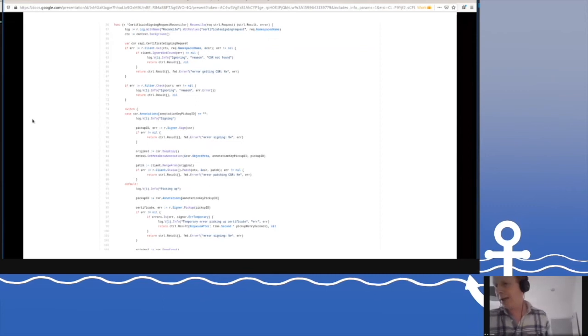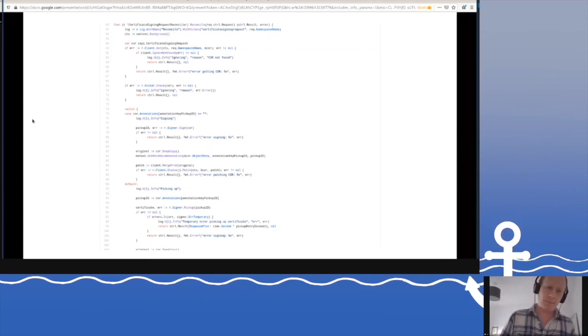The controller runtime project makes it very easy for you to write a controller which watches a particular API type, and your entry point is something called the reconcile function, which is supplied with